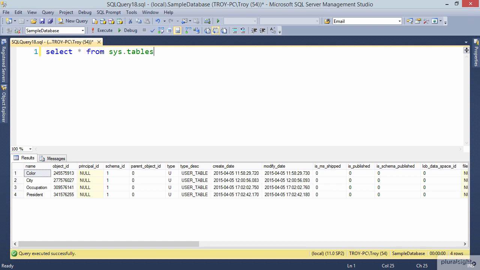far left-hand column. So we already know that we've got a table called color and another called city because we've seen them in previous demos, but there's also one called occupation and another one called president. So there are 4 tables in this system, and this query has just told us this straight away. So we're going to use this query a little bit later on to return all those internal table names out